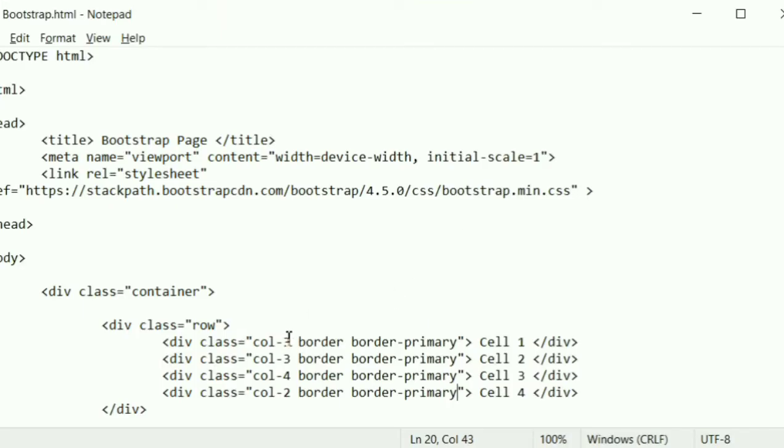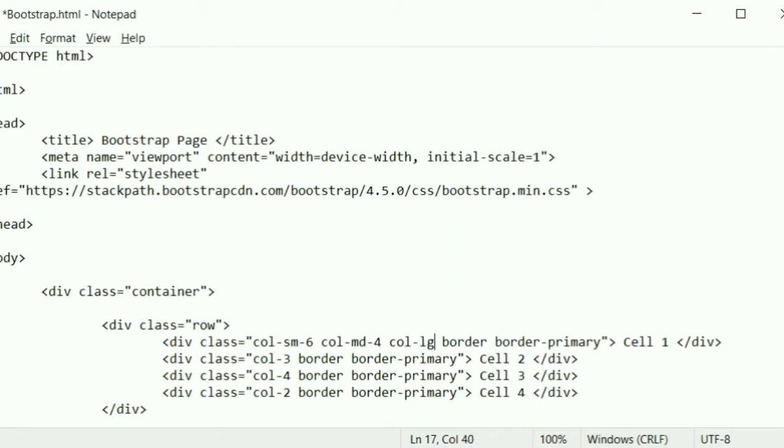Now we are going to change the behavior based on the breakpoints. So I'm going to put SM, it is small devices, which is a landscape mobile, and I'm specifying the width as 6. So we are going to have 2 different cells or columns, and I'm going to specify the style for medium devices like tab and all. I'm going to set the size as 4, so that we are going to see 3 columns or cells,